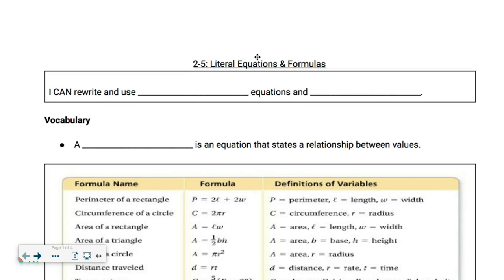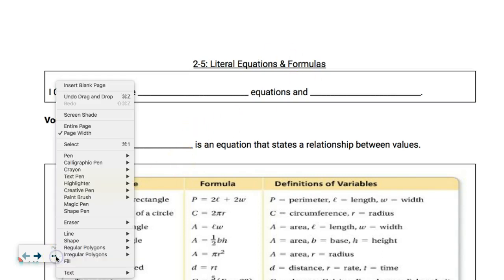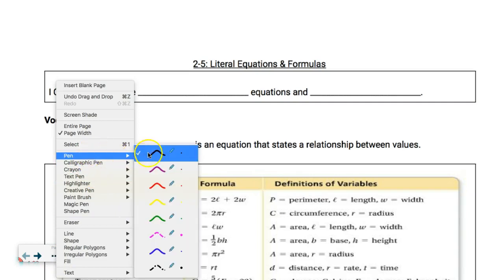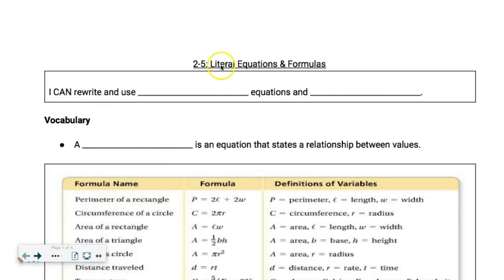Part of the reason why I'm moving forward is this is a little bit more abstract lesson. Typically, if you have somewhat or even a good understanding of this, it can actually help you when we go back and look at the other stuff. So the I can statement for today is I can rewrite and use literal equations